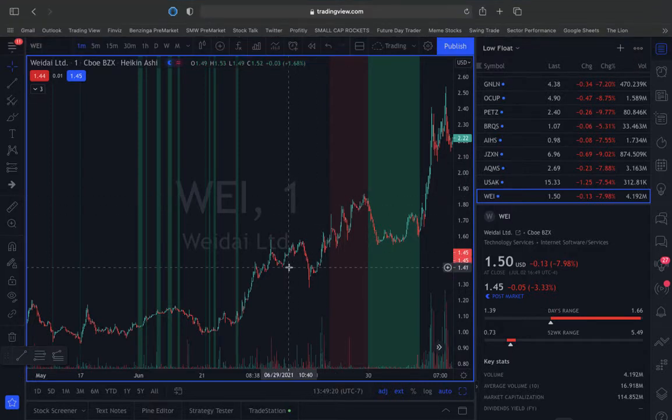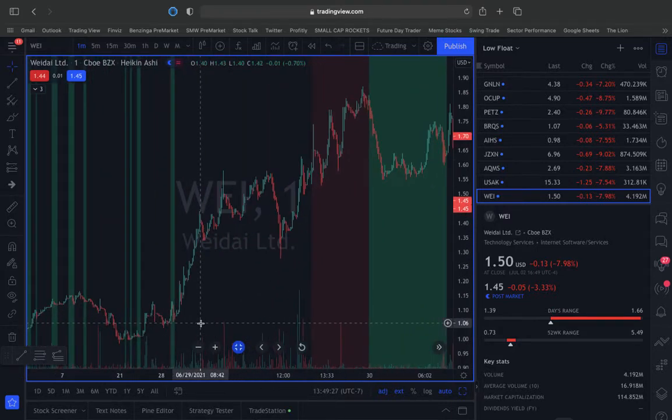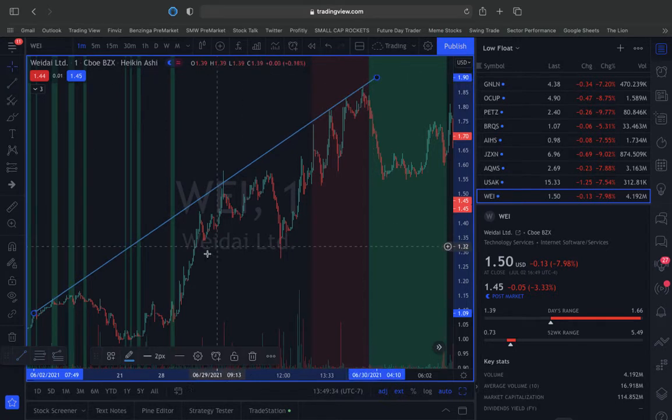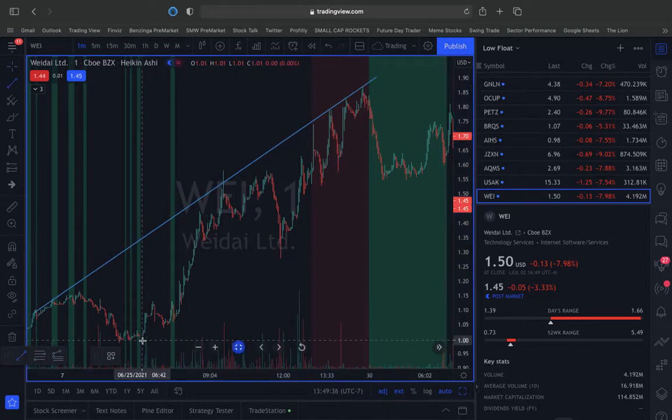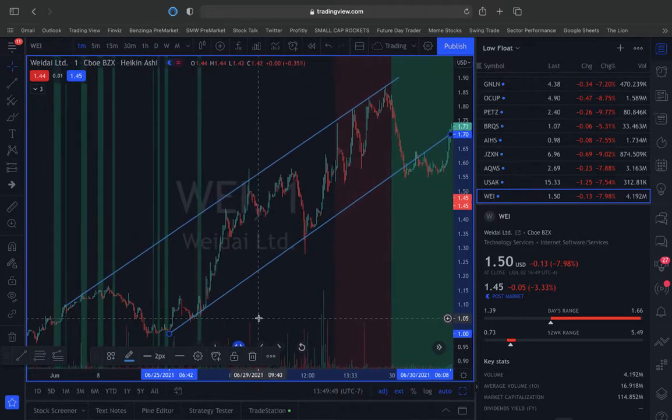So let's take a look at WEI on June 29th, for example, and June 30th. So if we look here, one of the first things we identify is an upward trend, right? So let's just kind of identify that. And of course, here we're on a 1 minute chart. And this upward trend automatically tells us that, hey, look, at least in the last few days here, there has been this general upward trend, and it's kind of bouncing between the ceiling and then, down here in this